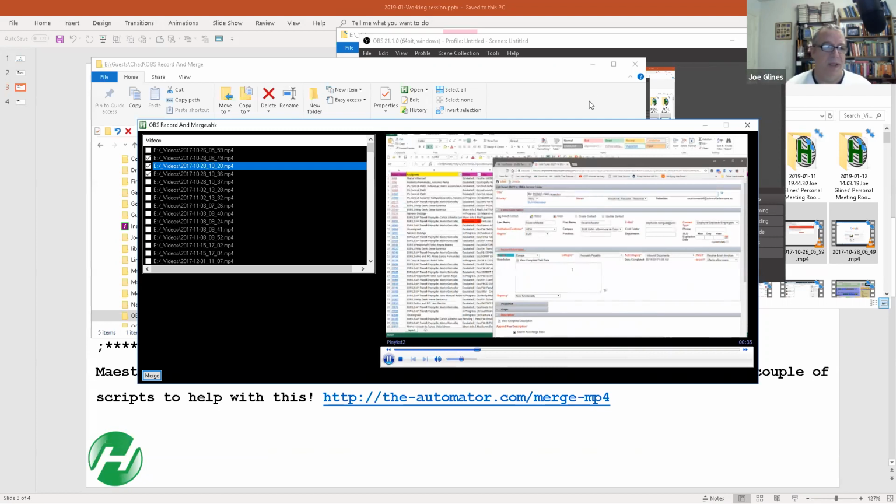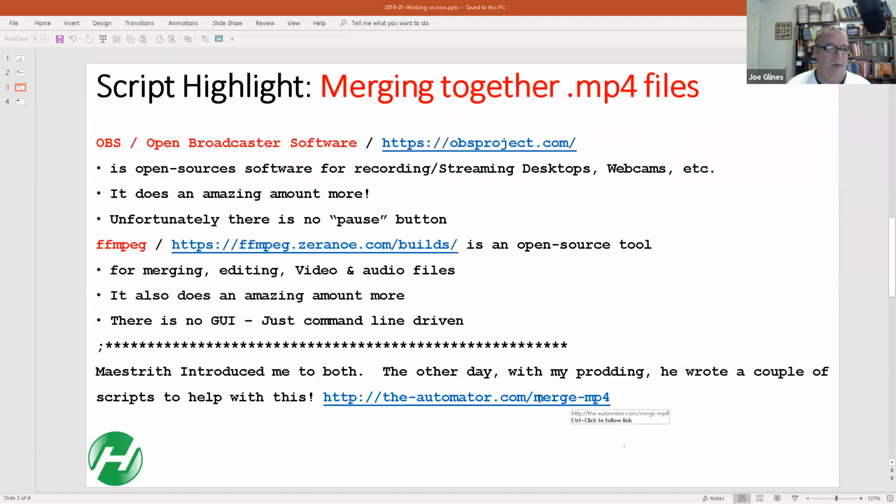So, like I said, the second version is not quite done. The other one, if you go here, you'll see I made a post and how it works in the source code. And then once I figure out a little bit better way to make sure we launch OBS properly, I'll post this other one. But it's all open source stuff. We're using AutoHotkey to kind of wrap the things, and they're both amazing tools that can do a ton of stuff. So if you have any needs for audio or video recording, I highly recommend either of those tools. And then this tool, if you want to have like a pause button to merge them together.